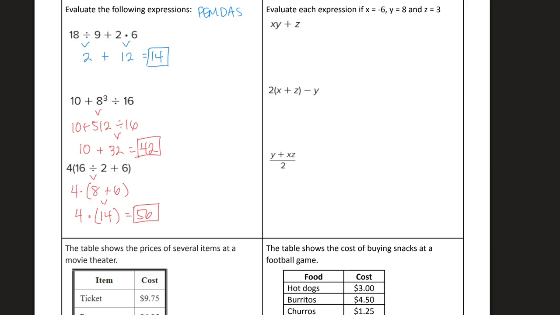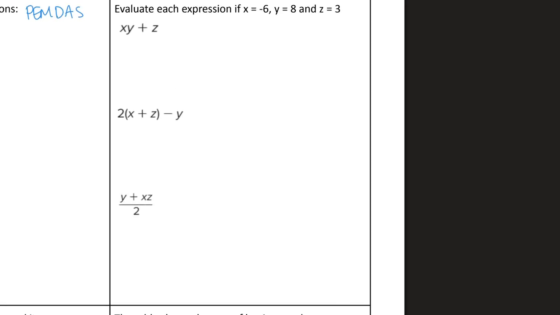All right, moving on to the next set of problems here. We're given values for our variables. We're given x, y, and z. So everywhere we see an x, we're going to be plugging in -6. Everywhere we see a y, we're going to be plugging in 8. And everywhere we see a z, we're going to be plugging in 3. So also keeping in mind, remember that when we have two variables right next to each other, that's being multiplied, right? So for the first one, I'm going to do -6 times 8 plus z, which is